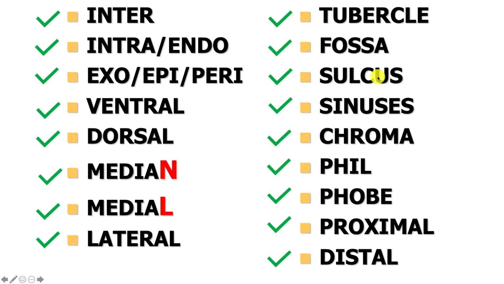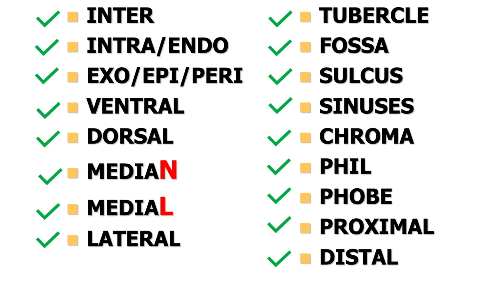Sulcus is going to be a groove. Sinuses are going to be closed cavities. Chroma is color. Phil is to love. Phobe is to hate. Proximal means closer to. Distal means away from. So that is the entire list of words which we had discussed before starting pituitary in